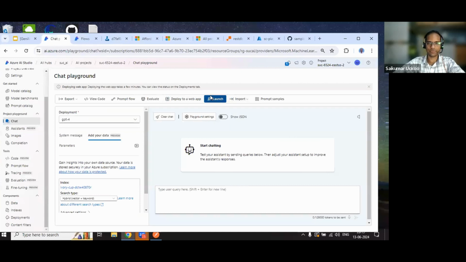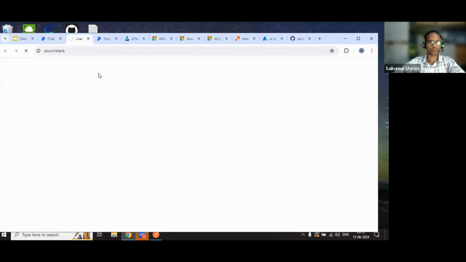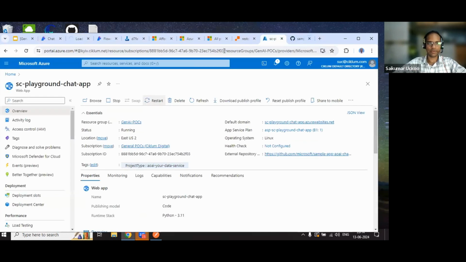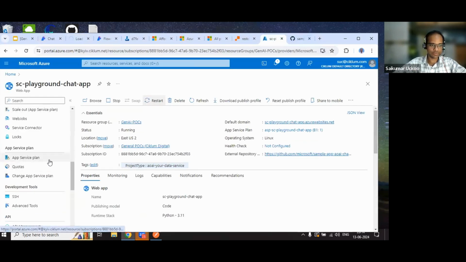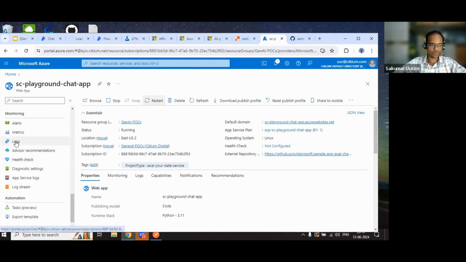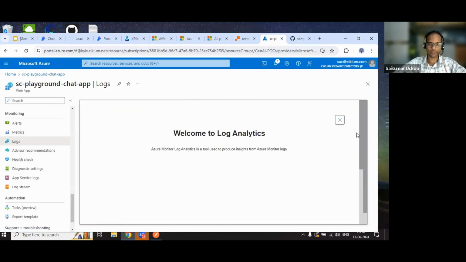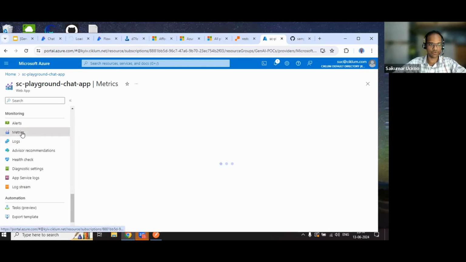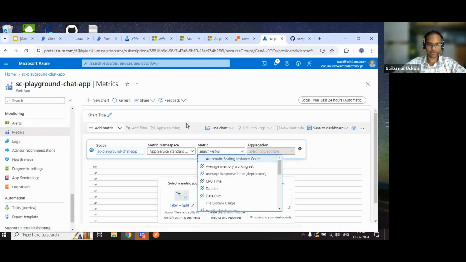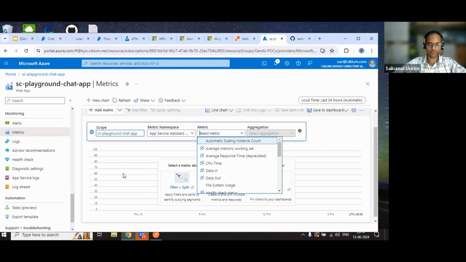Let's try to launch the app again. Hopefully it should have those configurations intact, and we should be able to access the bot. And in a few moments, hopefully we should be able to see that UI again. But let's look at the alerts or logs if they are configured. Okay, we don't have the logs configured. Let's look at the metrics. Okay, I think